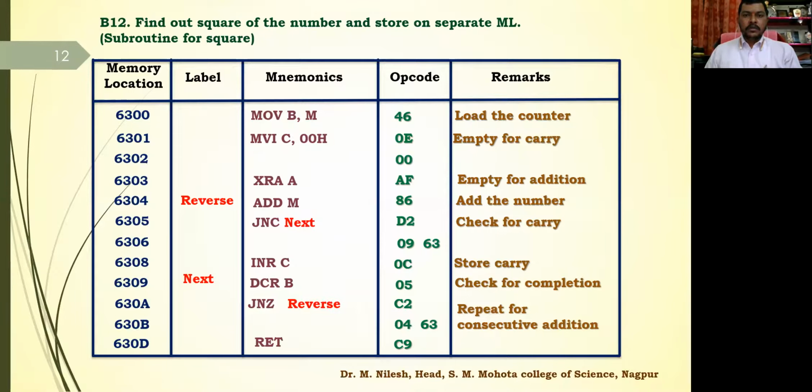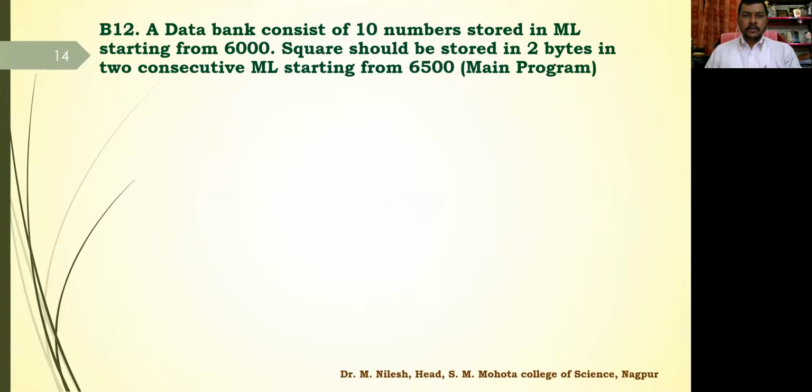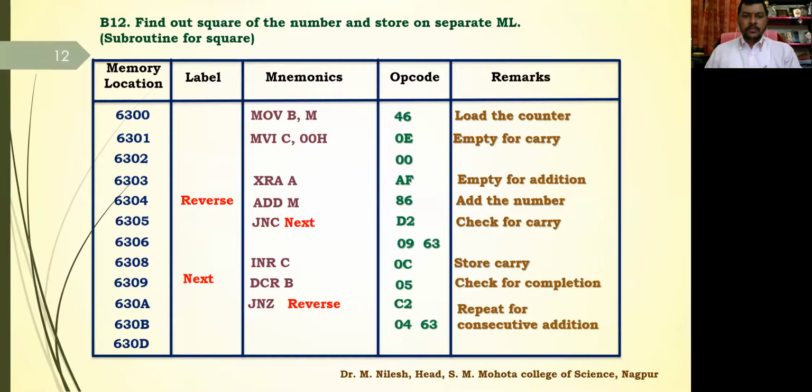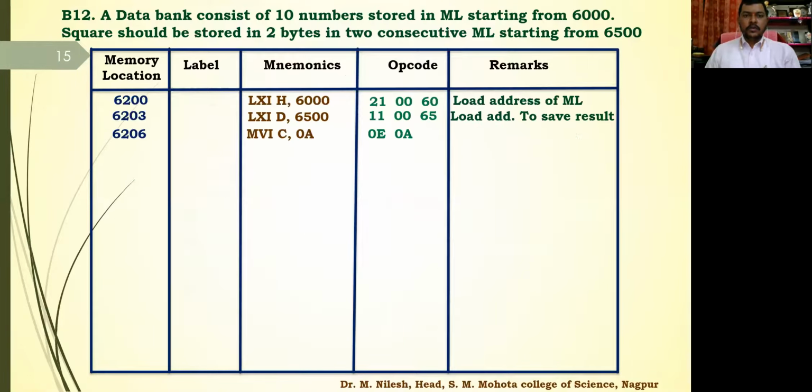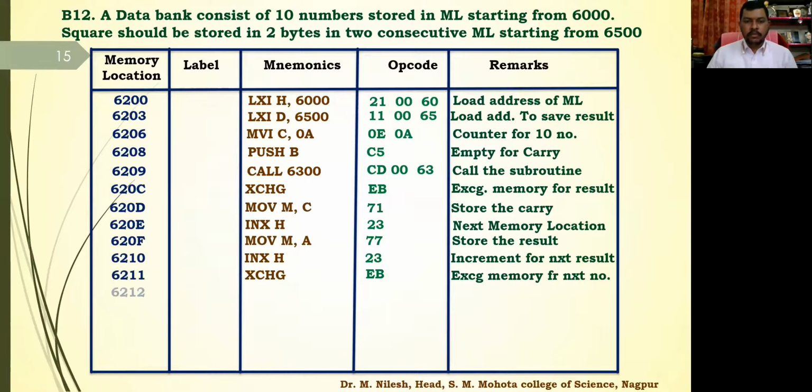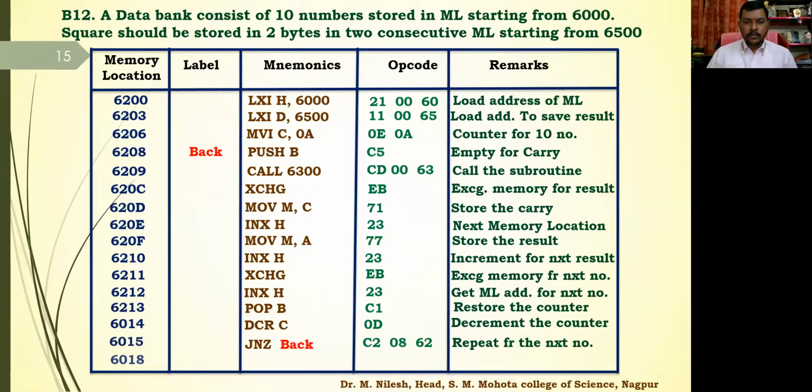Yes, sir. Okay, wait for a second. Yes, this one is for the main program. So this is the main program that you have to write. So this is the lengthiest program that we have, and we still have more to come. We are having greater than or equal to, smaller than, and ascending and descending order. These were the largest programs in our microprocessor course. I hope you have taken the screenshot.